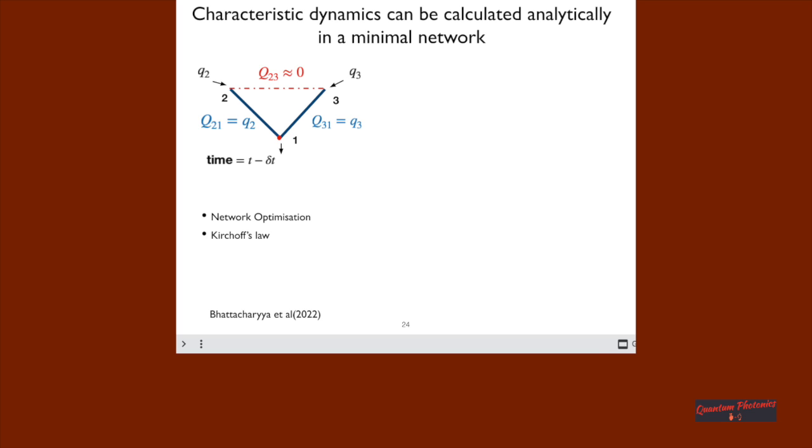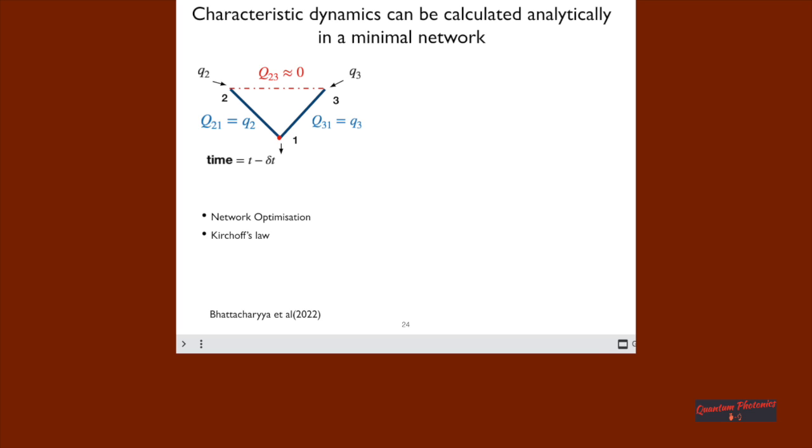And the blue links have stronger conductance values. In this minimal network setting, node 1, shown by the red dot, is basically a sink in the network, and nodes 2 and 3 have